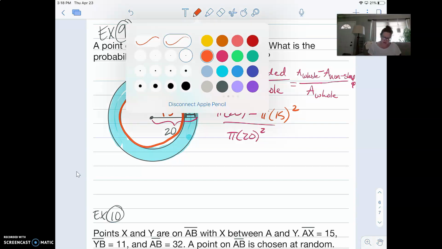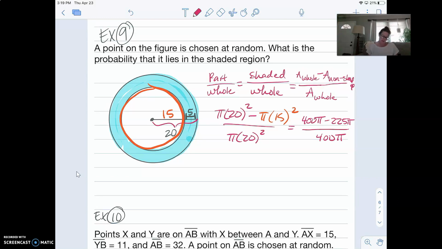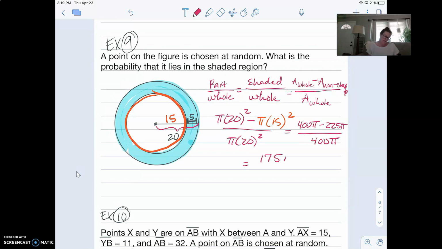So we're going to have 400 pi minus 225 pi all over 400 pi. So you want to go ahead and subtract 400 minus 225 to get 175 pi over 400 pi. You'll notice the pi's will cancel, so it's just 175 divided by 400. And so you can either simplify that, which would be 7 out of 16, or you can write this as